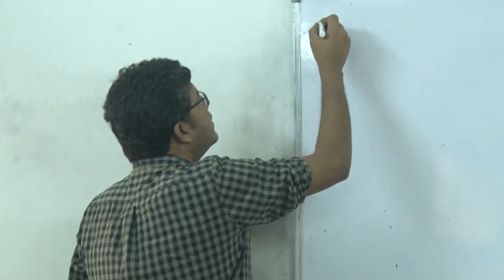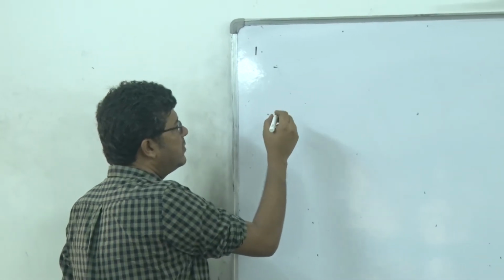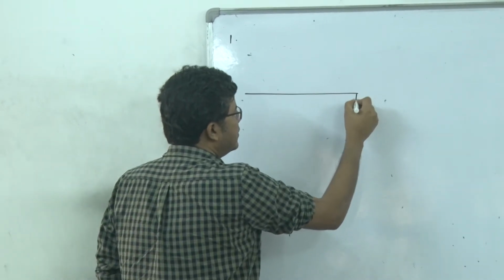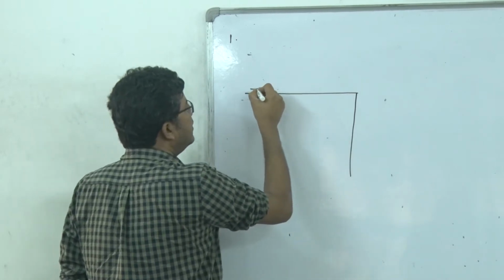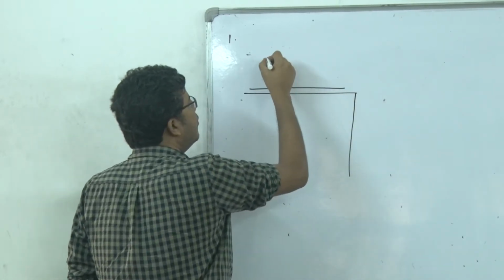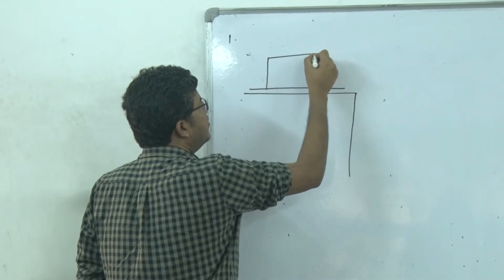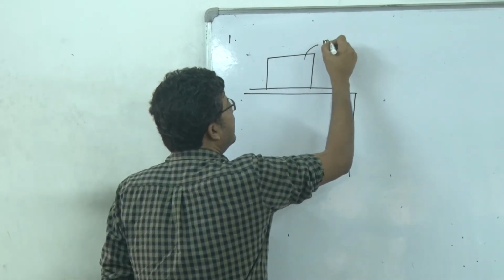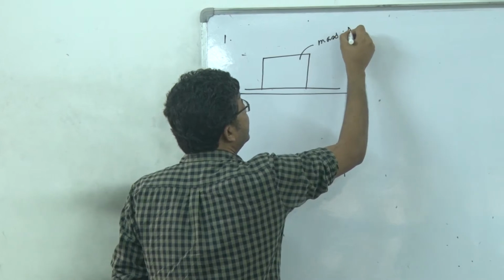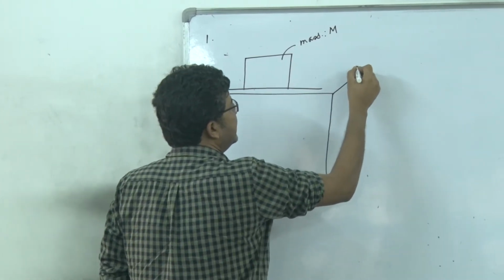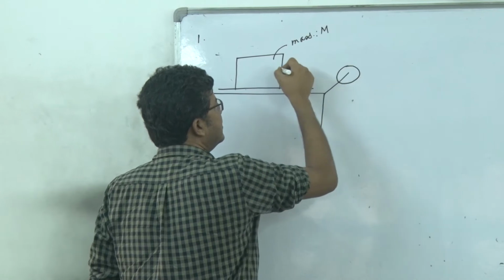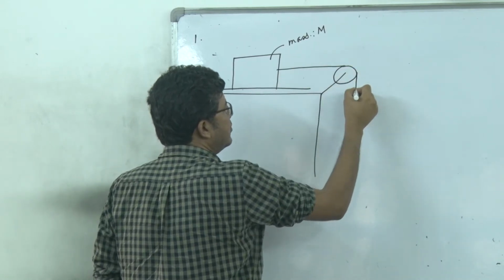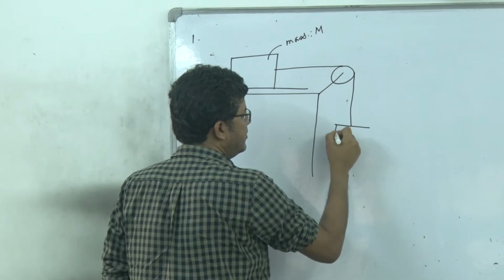So in this session we are going to solve some of the problems using the very basics of Newton's law of viscosity. This problem has been solved in the handout. We have an oil film over which a block of mass capital M is sliding, and it's typically the same two-block connected to a pulley problem.